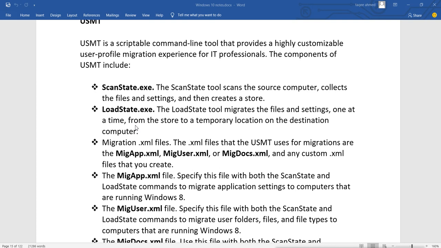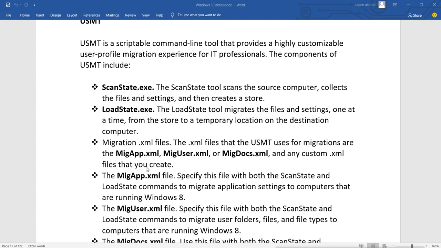Then migration .xml files. There are .xml files in this tool for migration. The .xml files that USMT uses for migration are MigApp.xml, MigUser.xml, or MigDocs.xml, and any custom .xml file that you create.